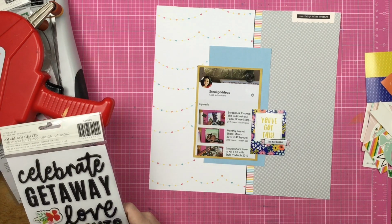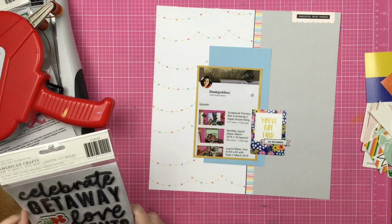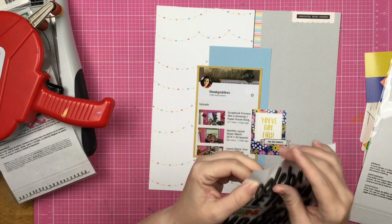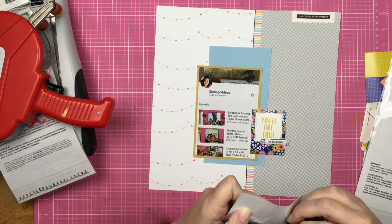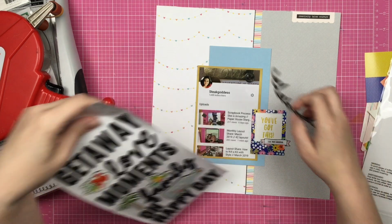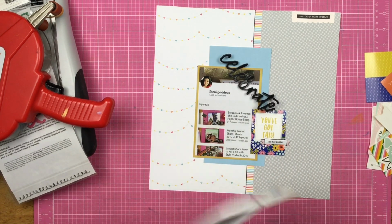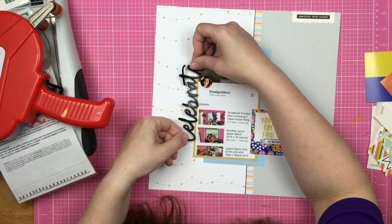And it mutilated that top little bit up there. I have one blade left for that trimmer, and after that, I'm just going to have to get rid of it, because I bought the trimmer, and then lovely Creative Memories decided that they would like to change up their trimmer, and they've got a new trimmer style. So yeah, that's real fun. Anyway,